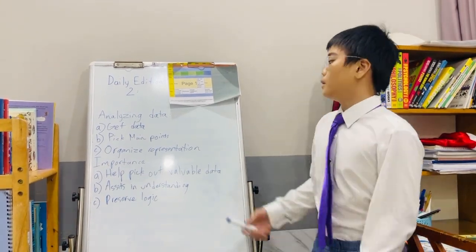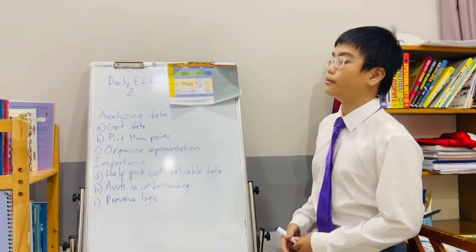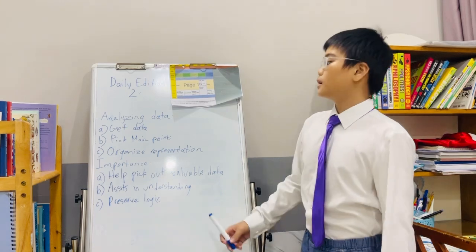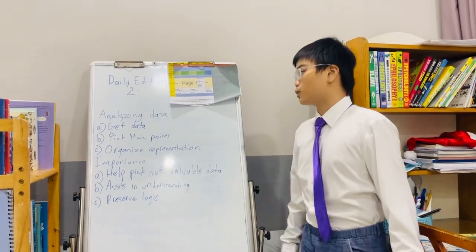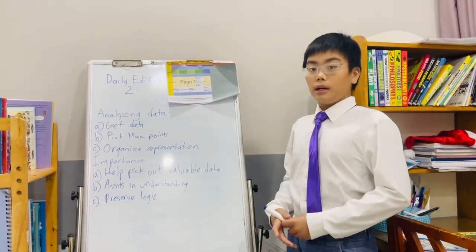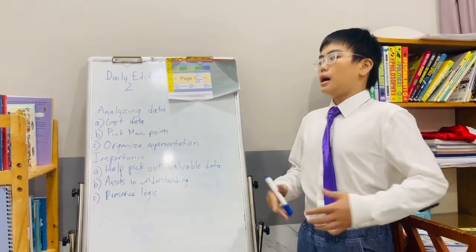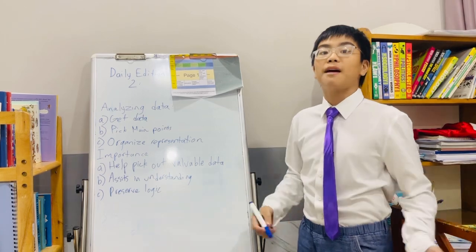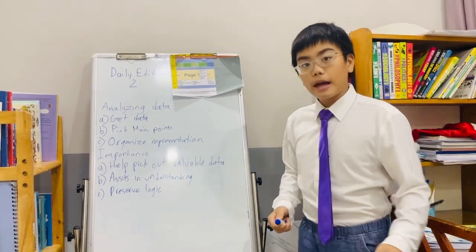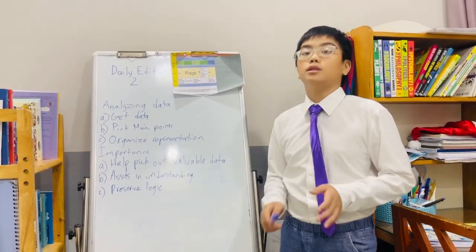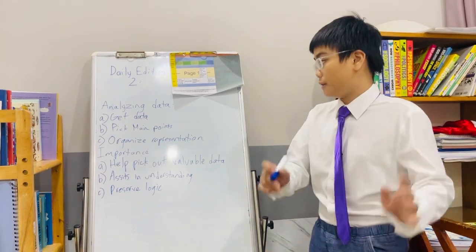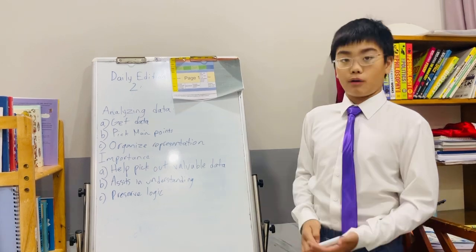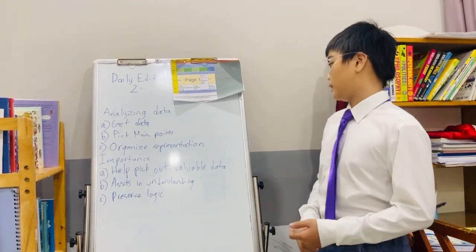Now, what I said about analyzing data in my main work was, firstly, I needed to collect data and then pick out the main points, which is the start of analyzing data. By picking out the main points, I get the large and significantly impactful points. And from there, I can expand into smaller points, which can support the general idea. Now, lastly, is going to be organizing the representation when analyzing data.